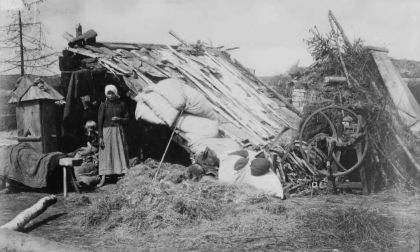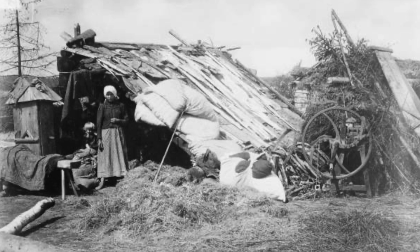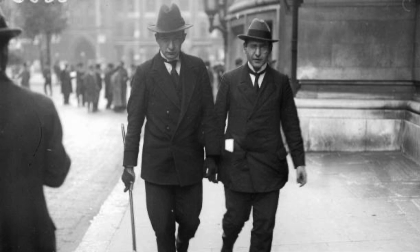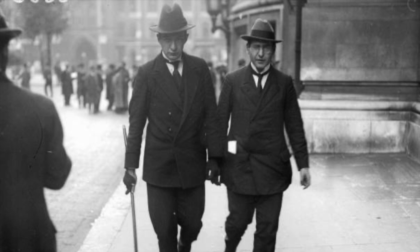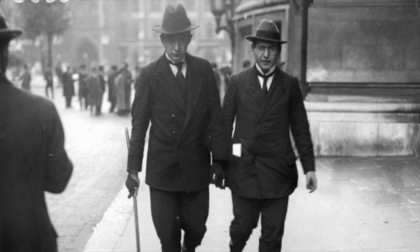In a Russia crushed by war, a Russia in misery, crushed by famine and with an army in chaos, Lenin promised, quote, "peace, bread, land, and freedom," end quote, for the masses. Lenin accused Alexander Kerensky, new leader of the provisional government, of prolonging the war. Lenin called for the overthrow of the provisional government and a Soviet government, a government that would be ruled directly by councils of soldiers, peasants, and workers, instead of a government led by a group of leaders from Russia's bourgeois